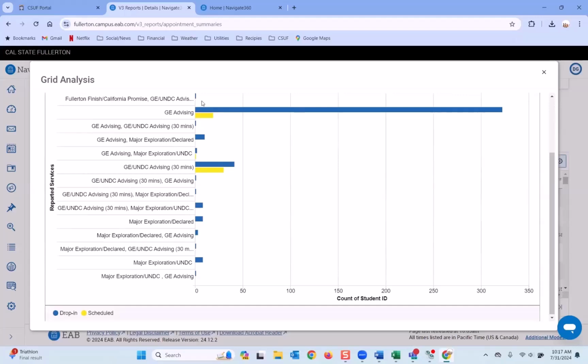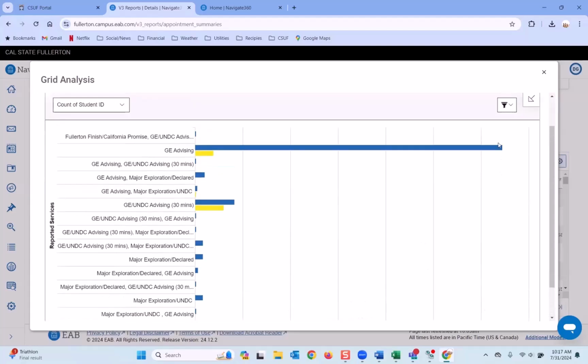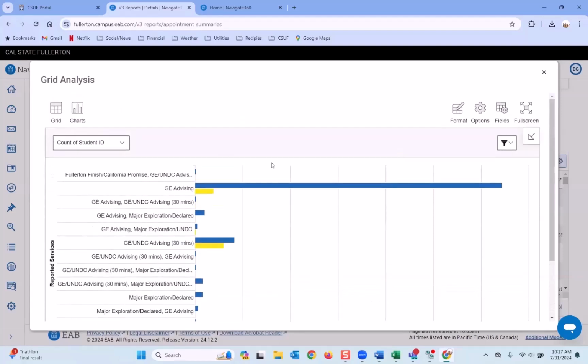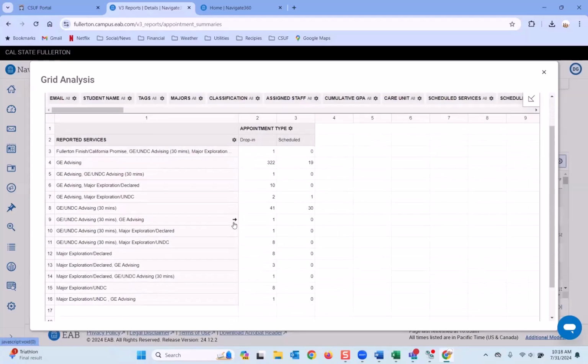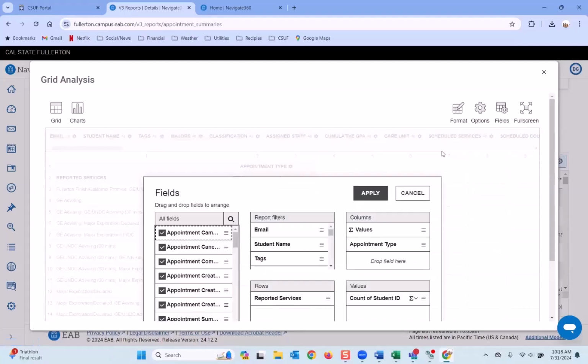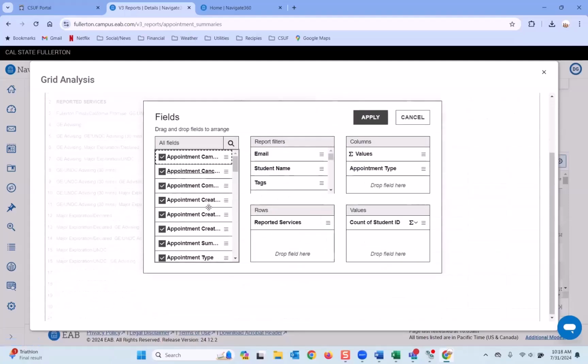So you can see the bar chart with, again, your services. And then we have the blue is drop-in, the yellow is scheduled, and then you have your counts. Now these aren't really labeled. So again, you might have to do a little fussing around with it to get it how you want to see it. And then back to the grid. So you can play around with pulling in different rows and columns to get different visualizations,